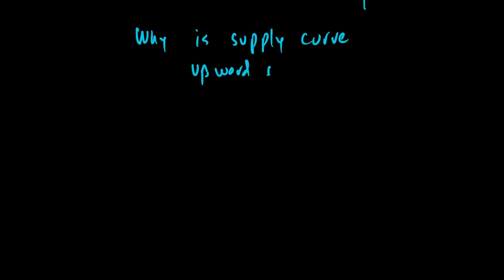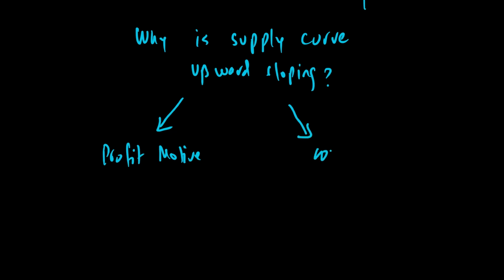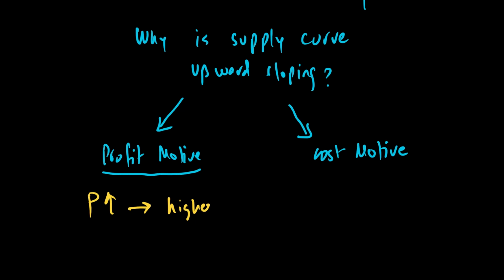We identify two reasons for that. One is what we call the profit motive, and the second one is what we call the cost motive. So what is the profit motive? Profit motive simply says this, that if the price of a good goes up, then the firms will find that it can result in higher profits for them. Why? Because higher price can result in better margins for them. So that will mean higher profits,